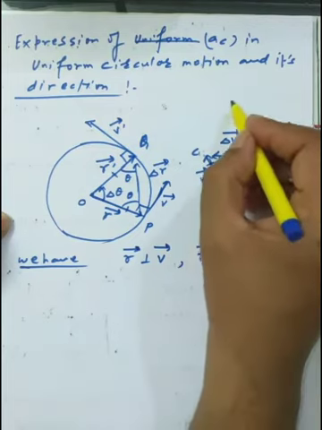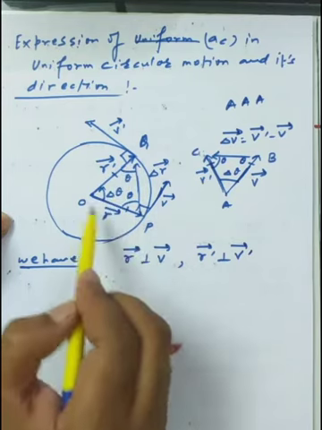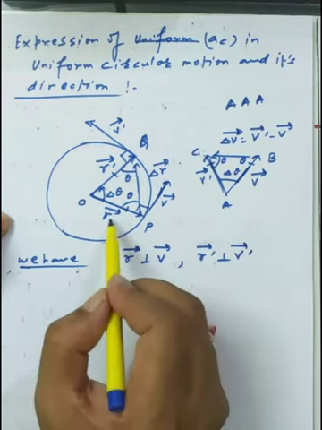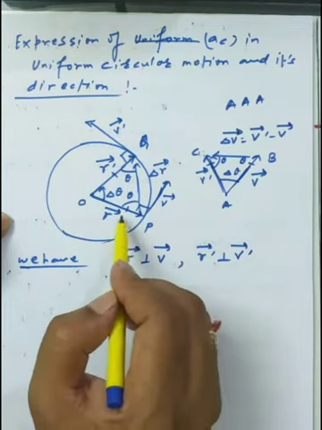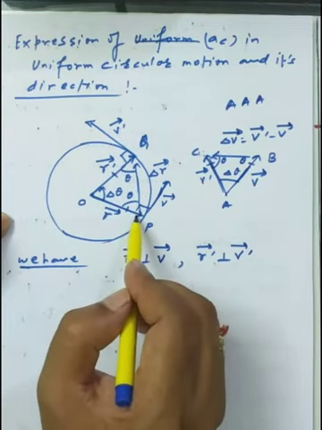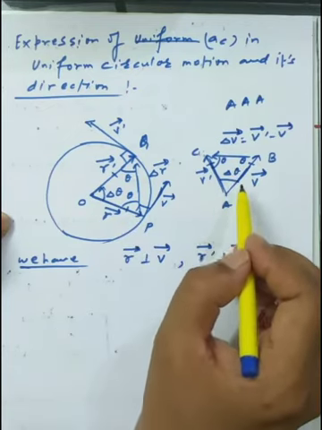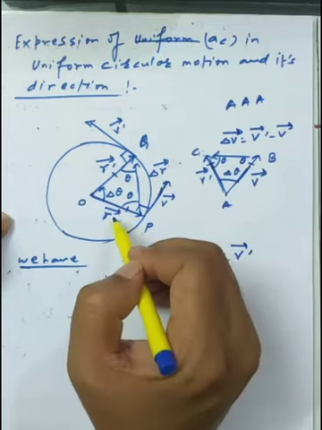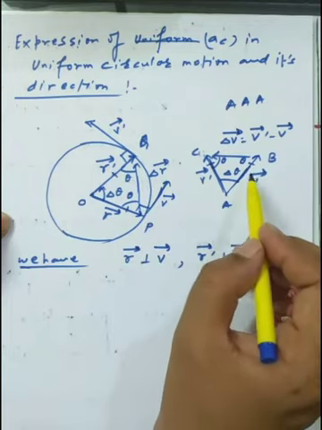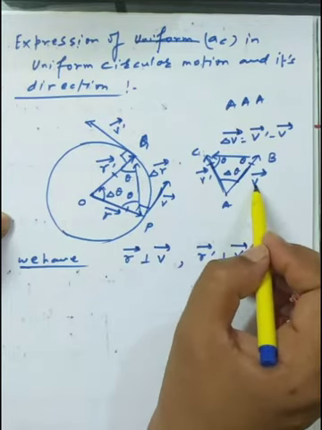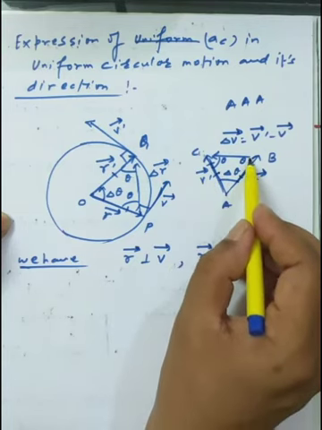by the property of the AAA, angle property. Okay. So we can say that QOP is delta theta, since R is perpendicular to the V and R dash is perpendicular to the V dash. So in whatever the time interval the position, that means the radius vector, is making the angle theta, the same angle which is also made by the velocity vector, that is also the theta. Okay. And the R vector and the R dash vector both are equal, so the opposite angle will also be equal. Similarly the velocity vectors are also equal, V vector is equal to the V dash vector. Okay. So we can say that the opposite angle will also be equal.